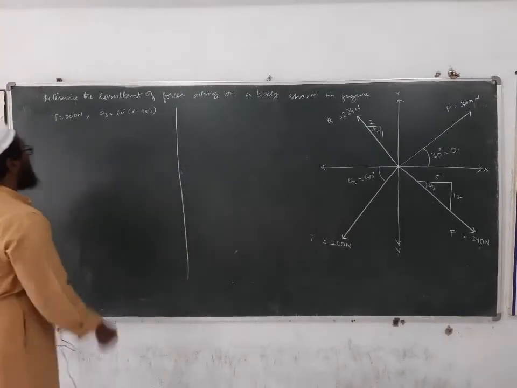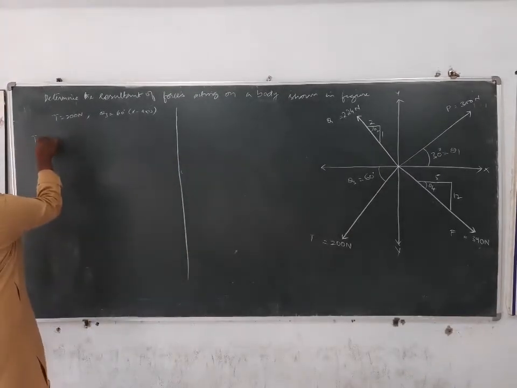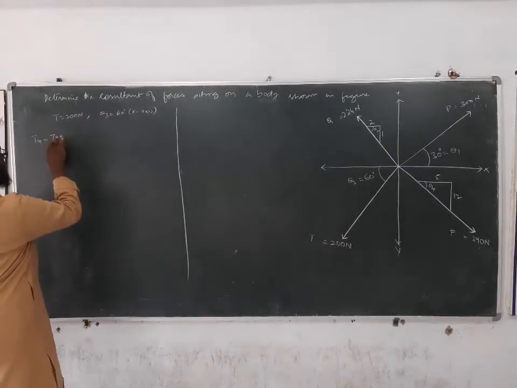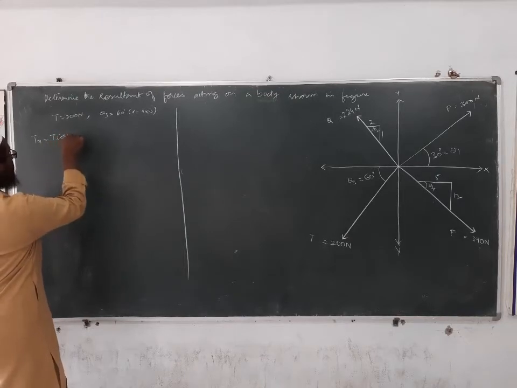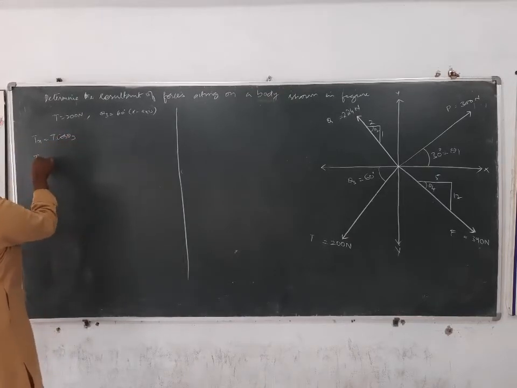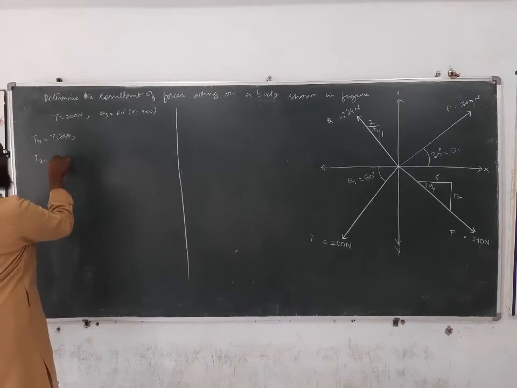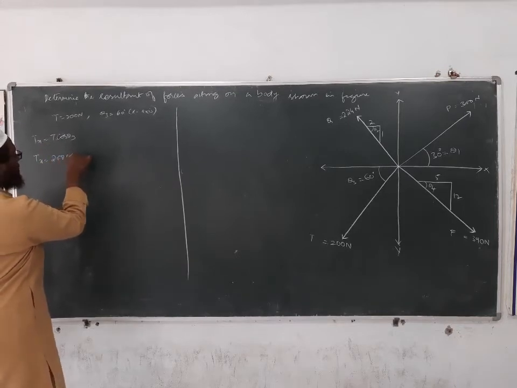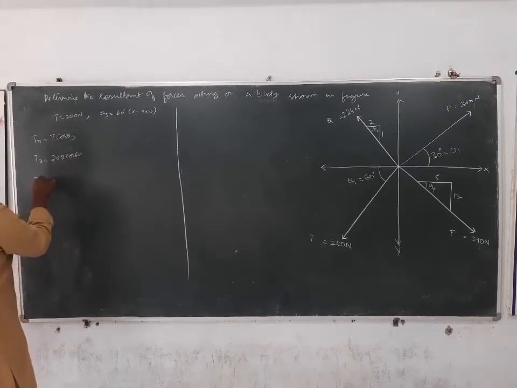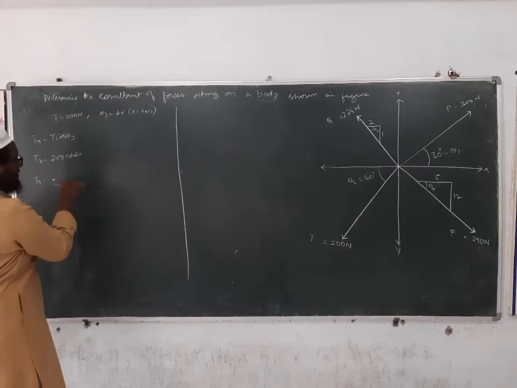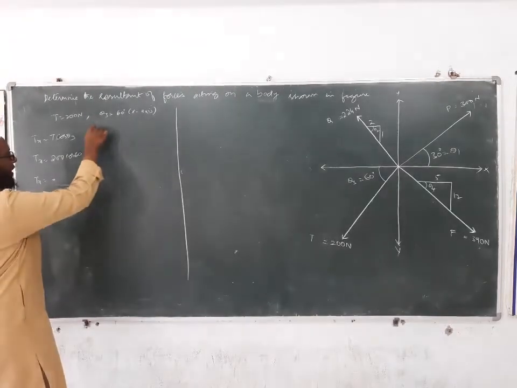So Tx is equal to T cos theta 3. What is the value of T? 200 into cos 60. You will get Tx with a negative sign since it is in the third quadrant,